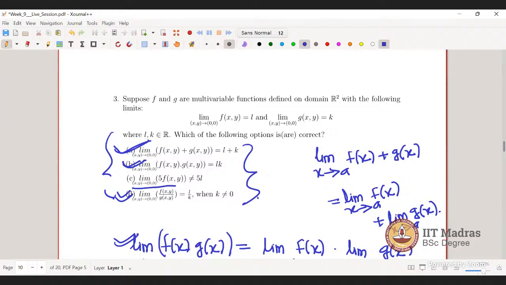This is mentioned as L, right? This is k. So this is L by k, right? L is given here, right? That is k, right? So in the fourth option, which is the quotient